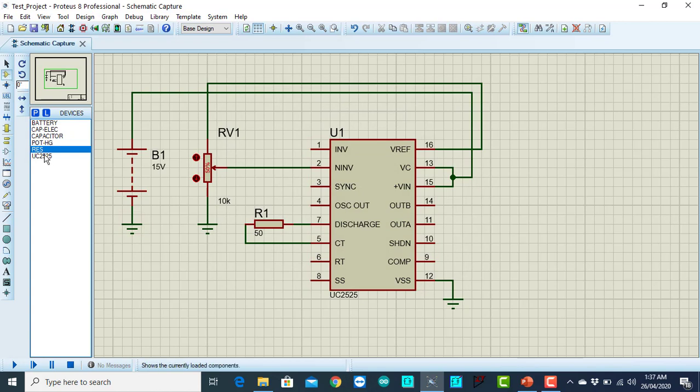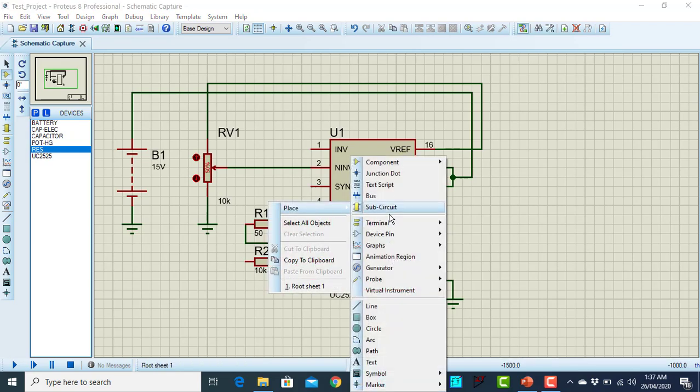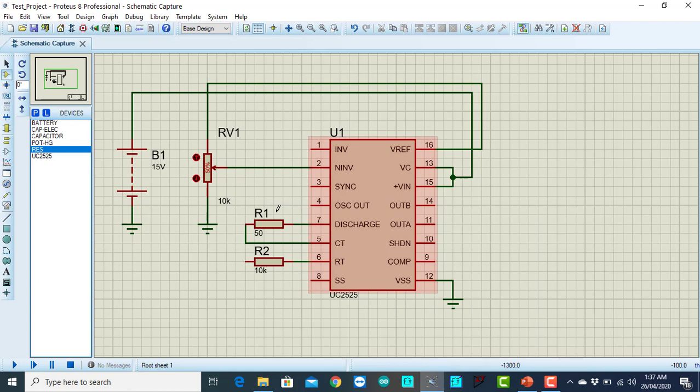Now I'm going to connect the RT timing resistor. Another part will be connected with the CT. Basically this is a timing resistor.